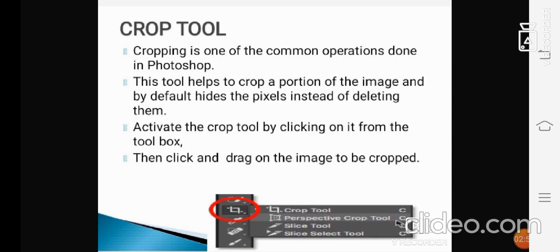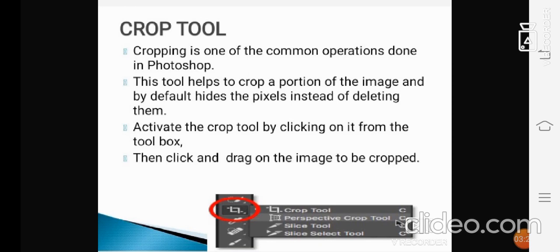Activate the crop tool by clicking on it from the toolbox, then click and drag on the image to be cropped. After selecting, hit the enter key. Now only the selected portion of the image appears on the screen, and the rest of the image is hidden.